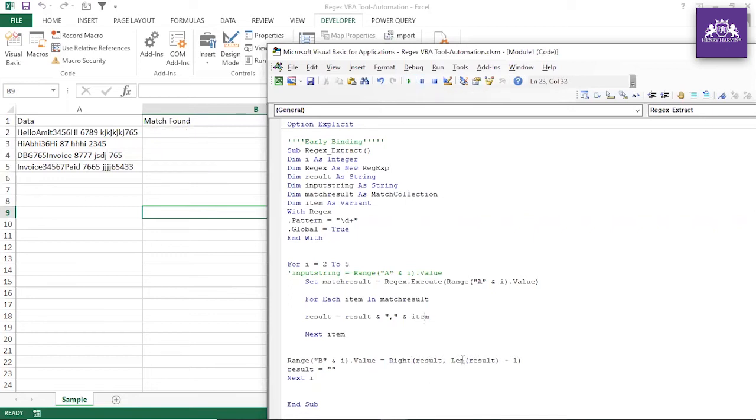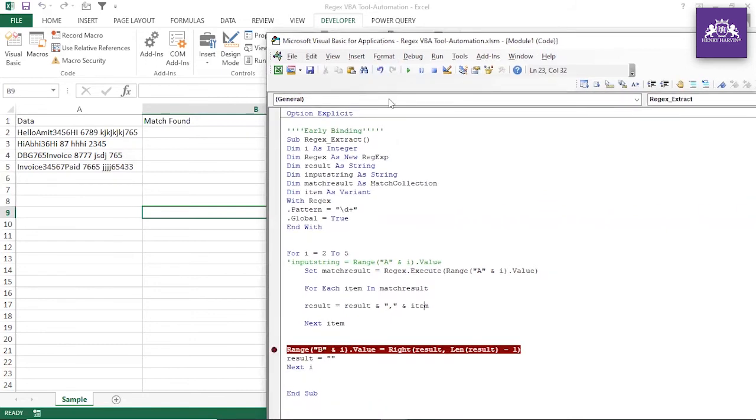It's not working. So guys, what is the problem in this? Because if you see, this is the value we are getting. The very first character we have to remove. Let me show you an example of the Left function, guys. Let me put it that way. In Excel, how will you do that? So that it will be easy for you to understand. Okay, now see.